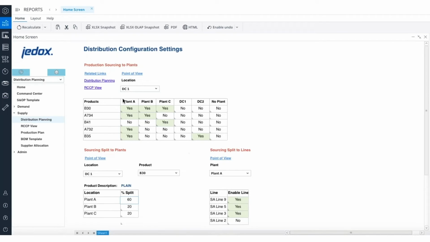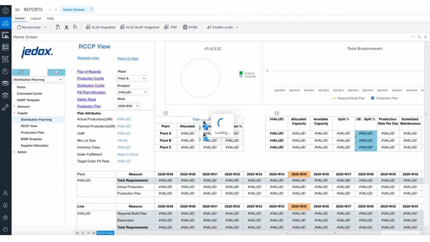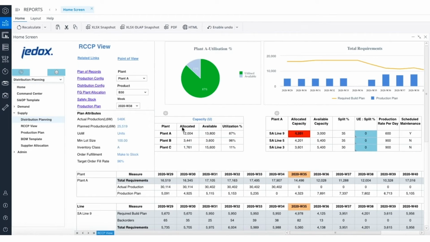From here, I would get into a rough cut capacity planning view. This is where a production planner would then look at a plant and the allocated demand, and then look for exceptions in terms of our capacity or machinery or maintenance. So we are in a rough cut capacity planning view template. As you can see, we have a product family selected. Now I would want to do planning for week 36 and see if I have any exceptions for plant A. On the left, I just see plant A, and this is how much it is allocated,